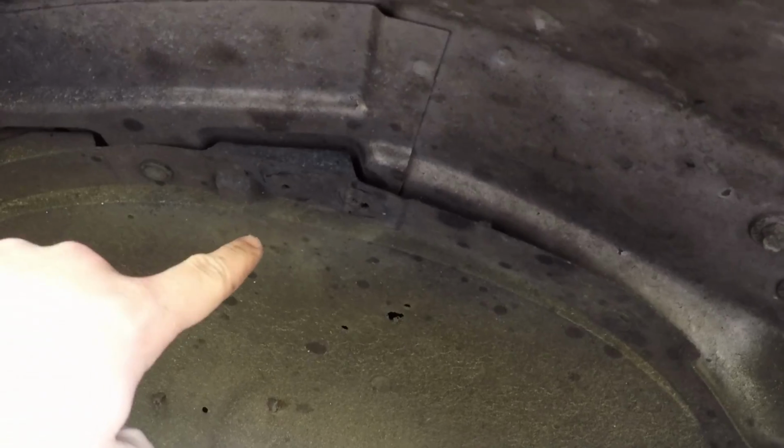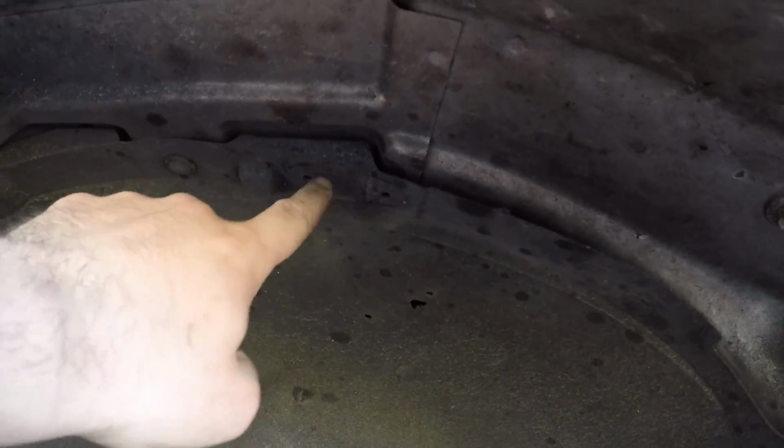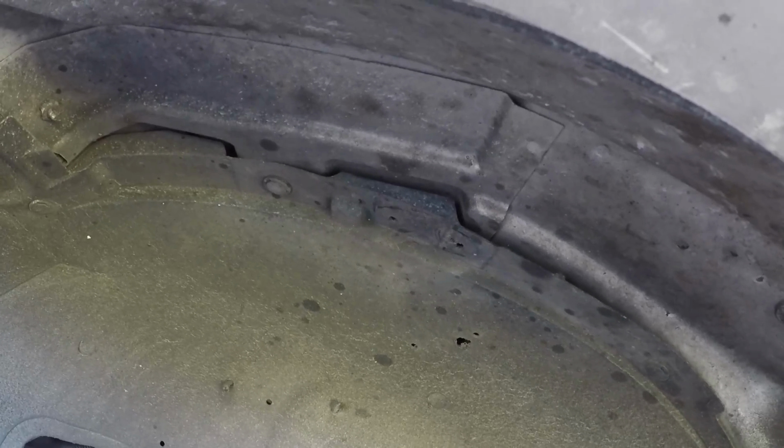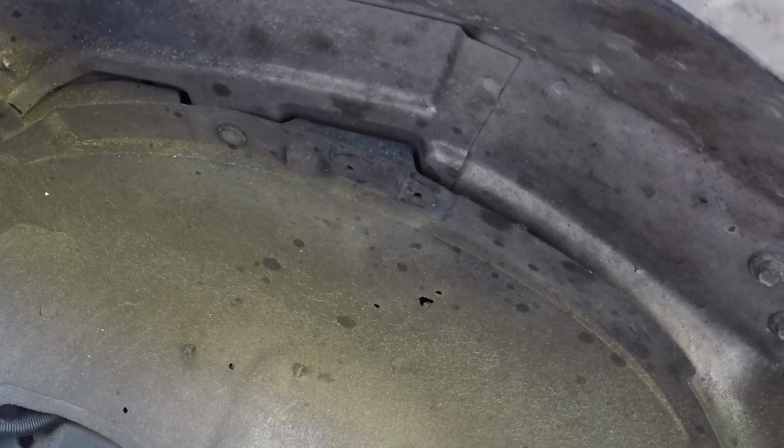So I'll show you in the front. We decided we did it in the plastic fender liner. Right there on that edge is a perfectly flat spot. You can drill your holes through there and put the rock light right there. And back here,